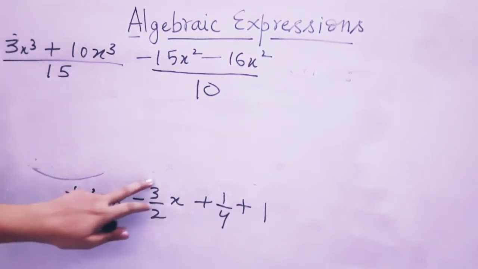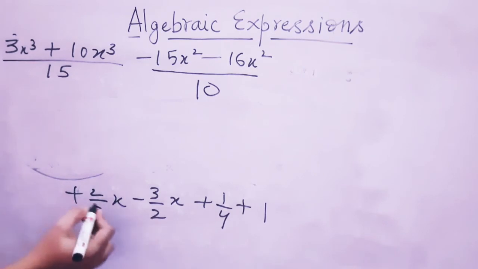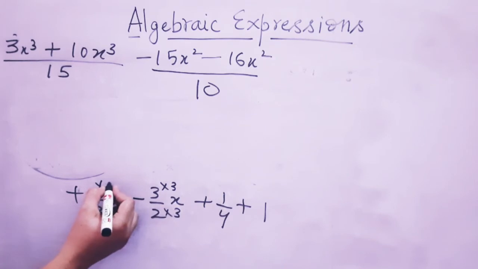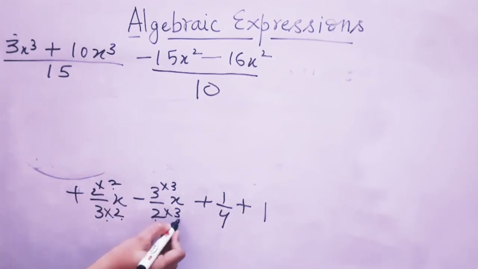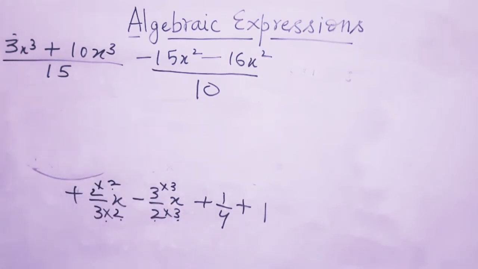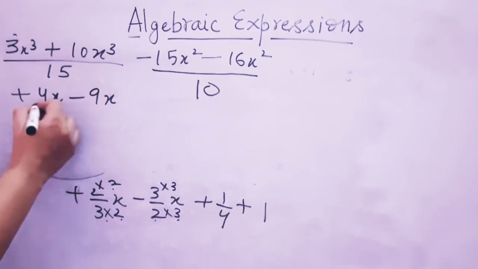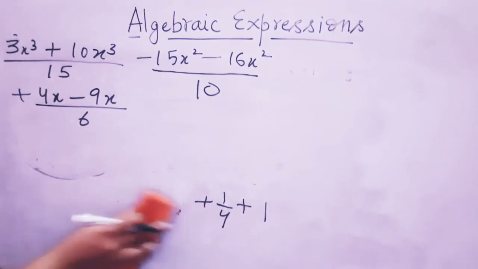Okay. Now let me solve the next part of the question. 2 by 3x minus 3 by 2x. 2 and 3 both are co-prime numbers. They do not have any other common factor apart from 1. So the LCM will be their product. So to make it 6, 3 has to be multiplied by 2. Same goes with the numerator. To make it 6, 2 has been multiplied by 3. Same goes with the numerator. Okay. So now 2 2s are 4. It will be 4x minus 3 3s are 9, 9x upon 6. Because we have retained the common denominator, we have solved this part also.